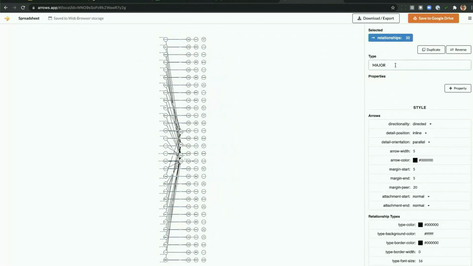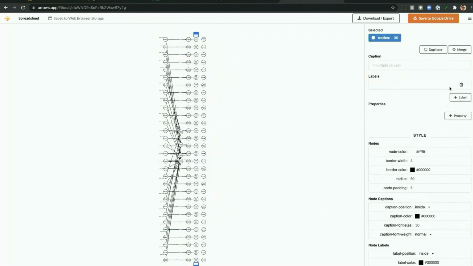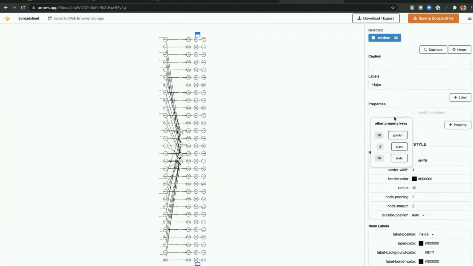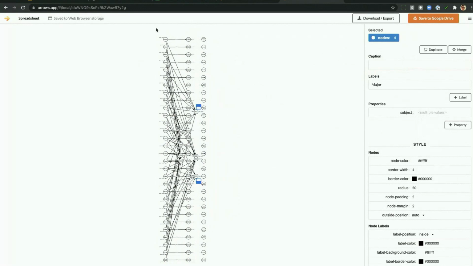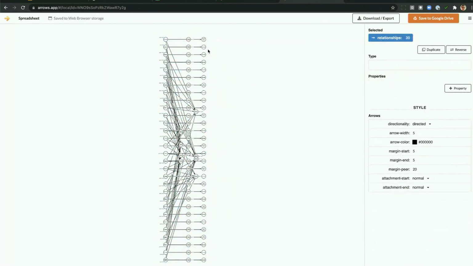You might want to make sure you're watching in HD, by the way, because there's a lot of detail on this page. If you can't read, hopefully that will help a little bit. We'll call these major, and we will use the properties as subject. Then we're going to merge on the values. You see it's getting a little bit more complicated again. We've almost converted the entire spreadsheet. We just have to go to the